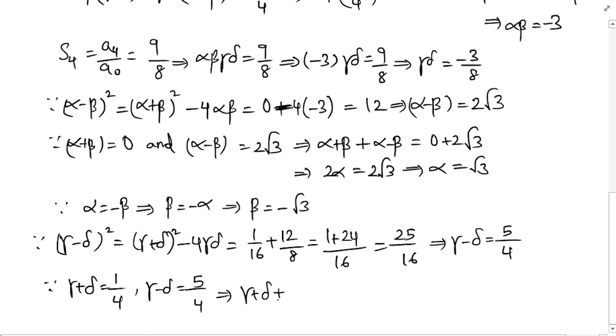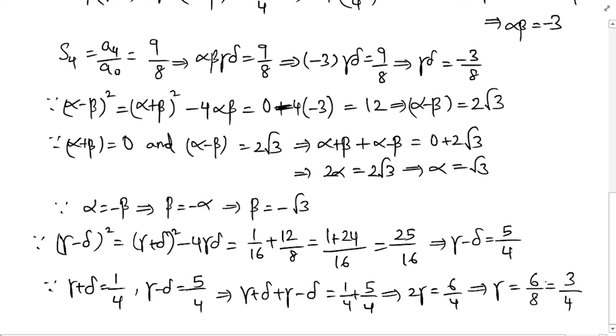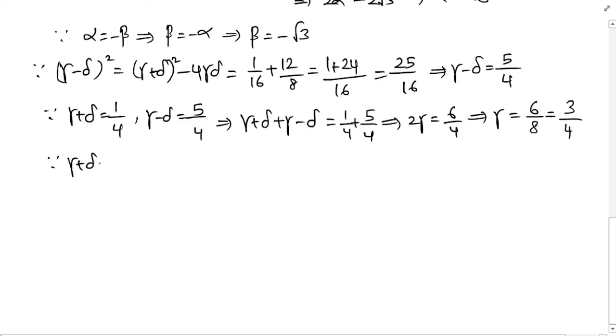Gamma plus delta plus gamma minus delta is equal to 1 plus 4 plus 5 by 4. That implies 2 gamma is equal to 6 by 4. That means gamma is equal to 6 by 8, which is equal to 3 by 4. Since gamma plus delta is equal to 1 by 4, that implies delta is equal to